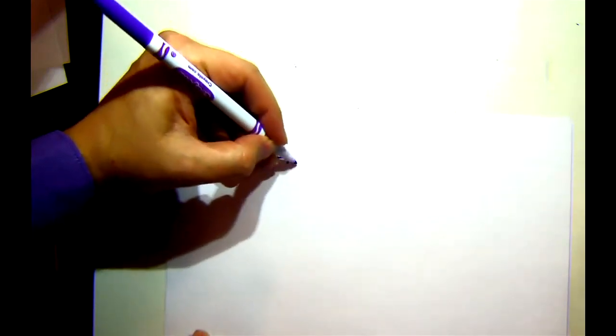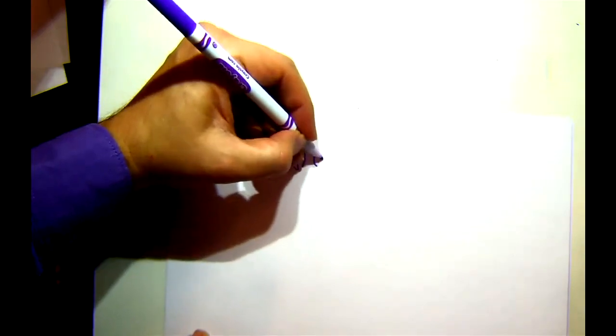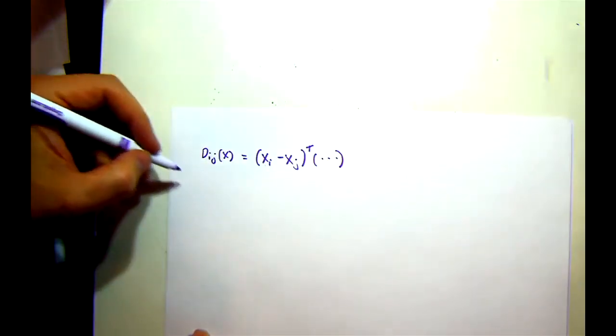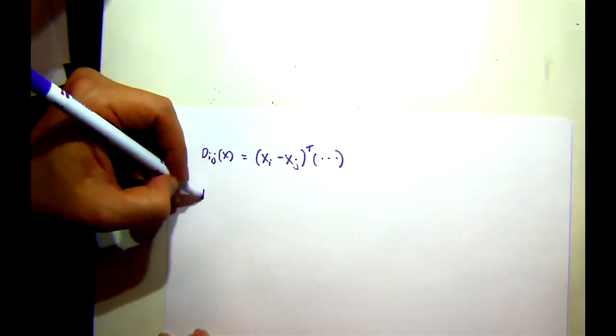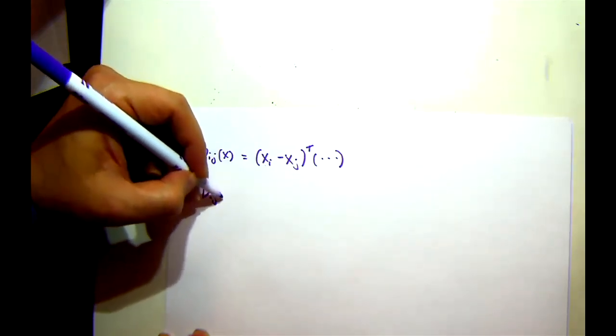Let me move those over there. We originally were talking about, this is just what I wrote out previously. The distance of X is equal to some Xi minus Xj transpose, and then the same thing, non-transposed. Now, if we multiply that out, we can actually get the distance of ij of x